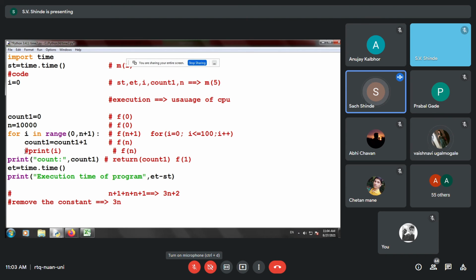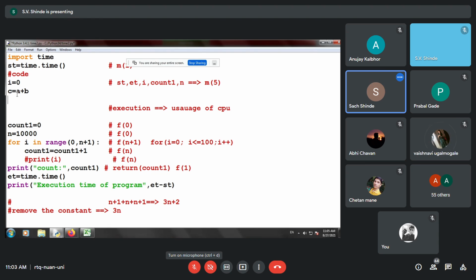So in order to remove latency, it is most important to identify the frequency of execution of each and every instruction. Sometimes people do miscellaneous things. For example, suppose I want to make an equation: C is equal to A plus B, and D is equal to C plus 1.